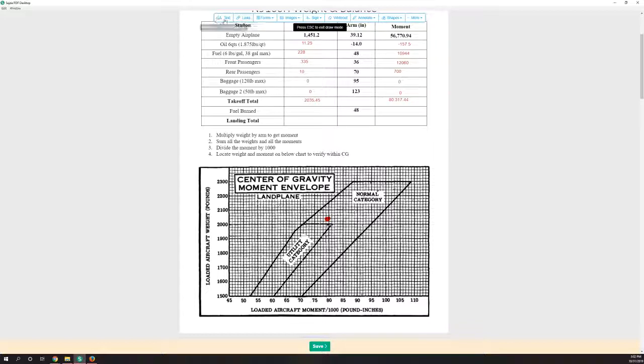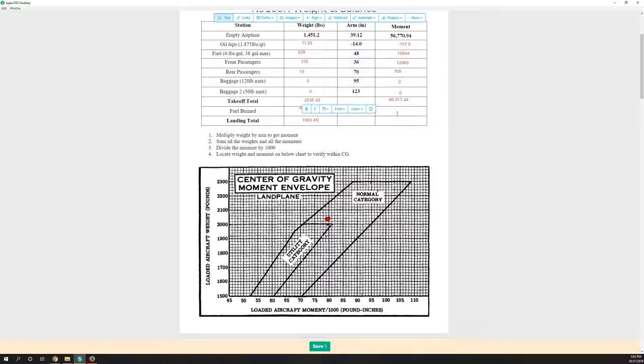So now let's say that we figured out that we're going to fly somewhere for an hour, and we're going to burn 7 gallons of fuel in the hour. So in that case, we're just going to burn 7 gallons of fuel. Each gallon of fuel still weighs 6 pounds. Nothing changed about that. So 6 times 7 is going to be 42. So we're going to have lost 42 pounds by the time we land. And in that case, our new weight will be